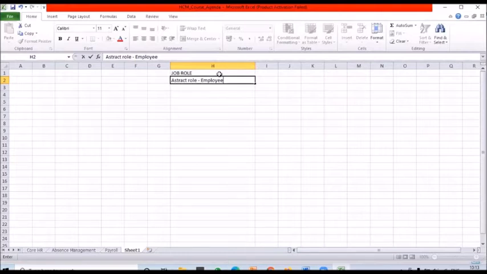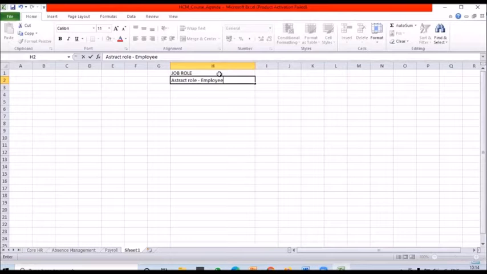Oracle is giving the predefined abstract roles. One of the roles is called employee. While hiring a permanent employee, we assign the employee role. Then the employee gets the employee self-service page. When you are trying to hire a contract employee, nothing but a contingent worker, we associate the contingent worker abstract role to that particular contract worker. Automatically, he will get the privileges of a contractor. When you have a line level manager and want to give some privileges to all line level managers, you can associate the line level manager abstract role. Based on that, those privileges will automatically come to the user.